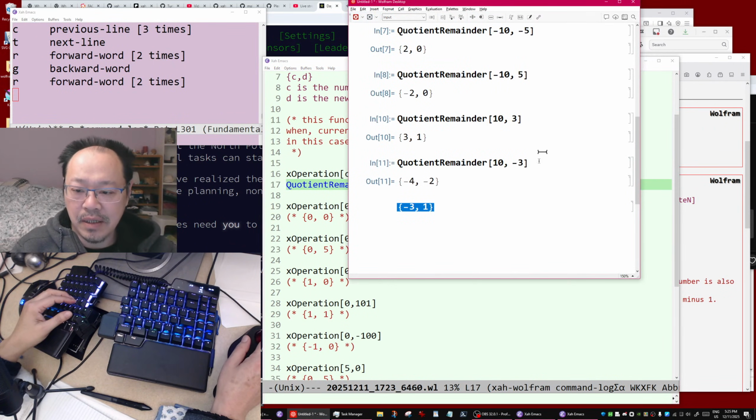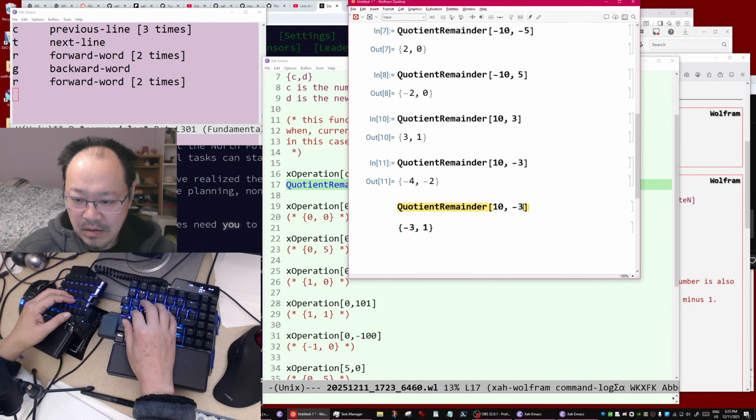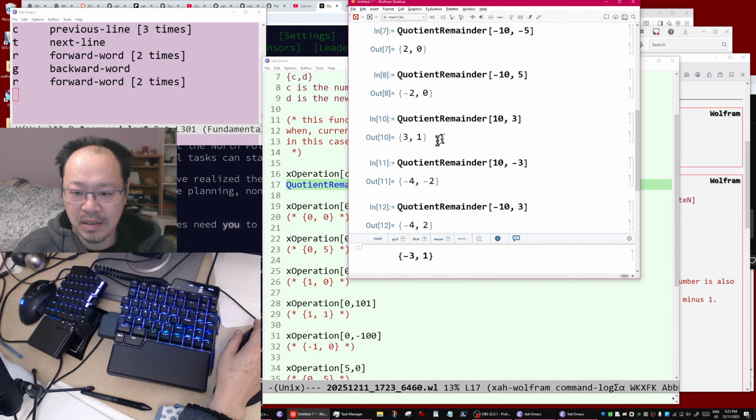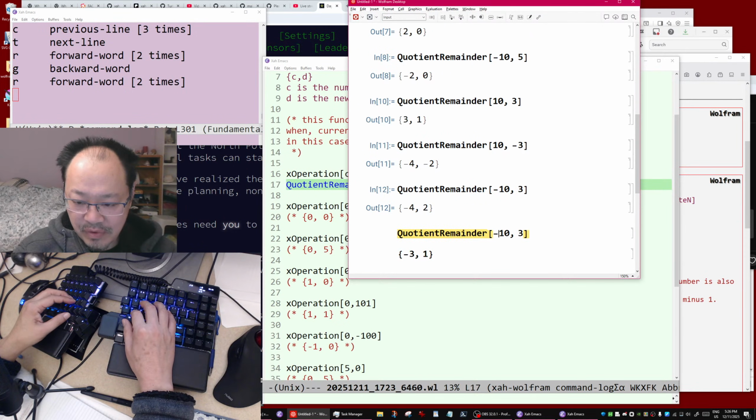Now, in this case, what if you say, you see, that also returns -4. I'm expecting 3, 1, but it returns -4, 2. It's not desired. So you just want to make sure when you call this function, what if you call the quotient